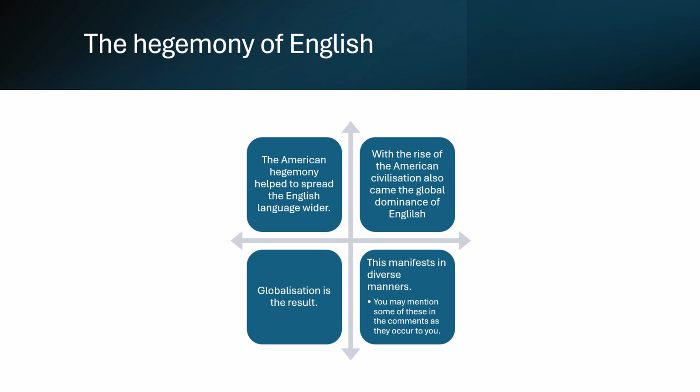Then at a stage, they were tired of being controlled from their home government, and that was how they were able to fight, and they took the land and separated themselves, and America became another country. You can read up the history of America, but the point I'm making is that the spread of English in the modern day is actually due to the influence of America. So the hegemony of America became the hegemony of English, and English became the first language of international interaction, international government. It became the language of science. It became the language that I speak.